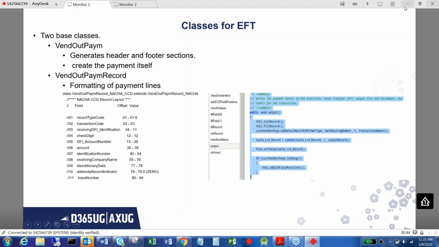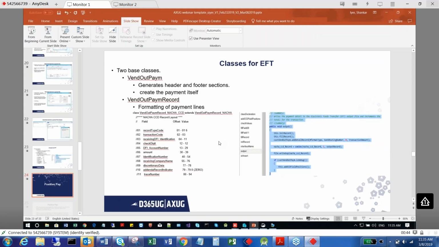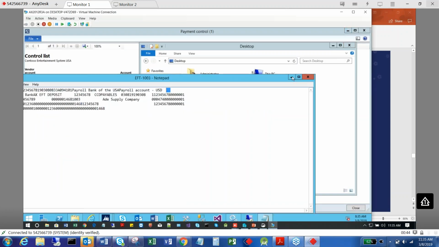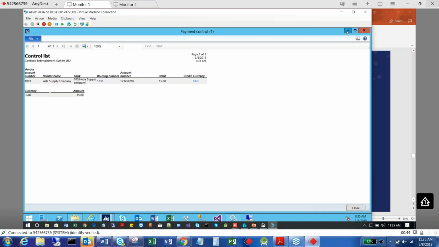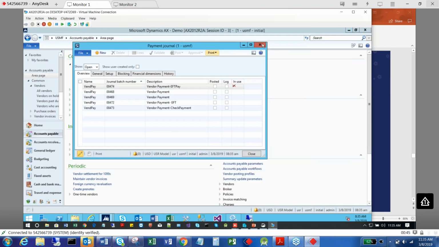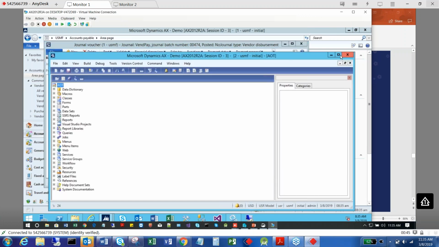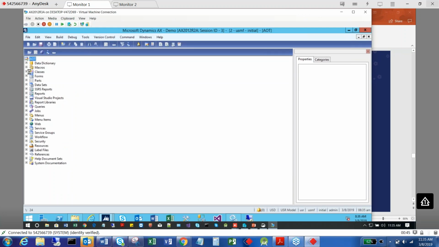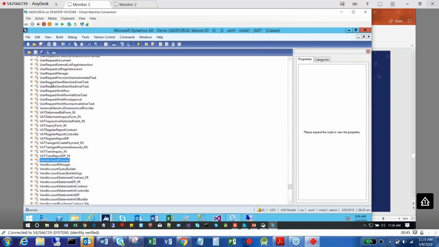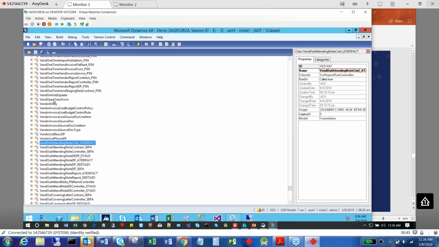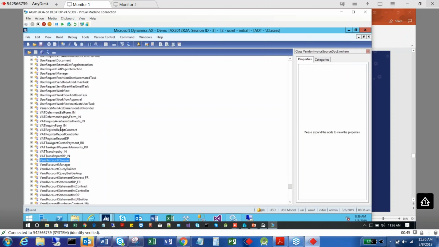Let me show you some of the demo classes in the demo environment. So this is which particular classes I'm talking about. You can go to your AOT. The vend out payment actually contains the header details and the trailer details for the basically file payment information. So if you see vend out payment,